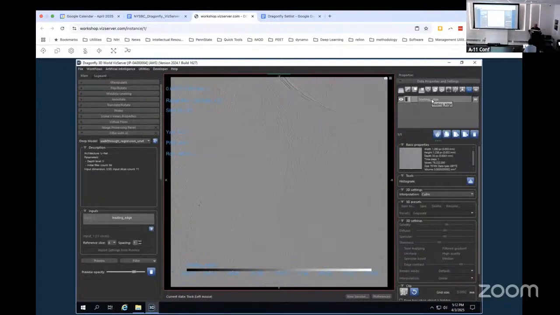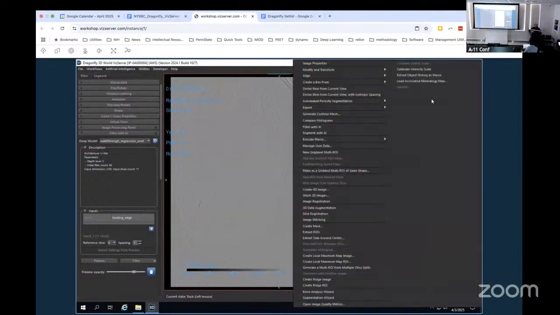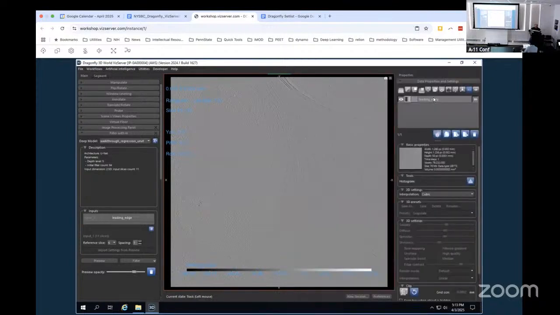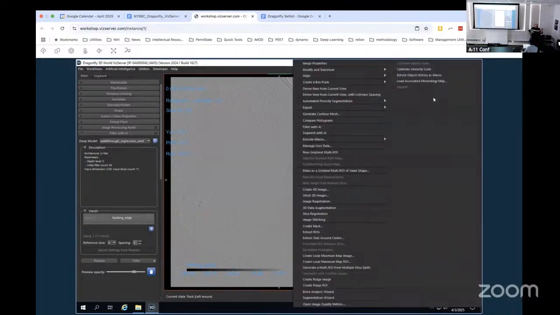Important thing to know about Dragonfly is that right-clicking on things is usually the way to go. Like if you don't know whether there's a way to do something, try right-clicking on it, because there's almost always an extensive menu. So if you go into the properties tab and you right-click on the tomogram in the list, you'll see this